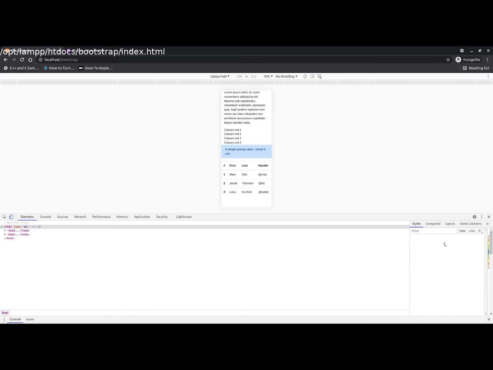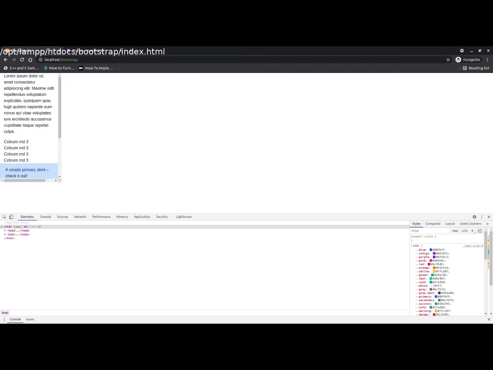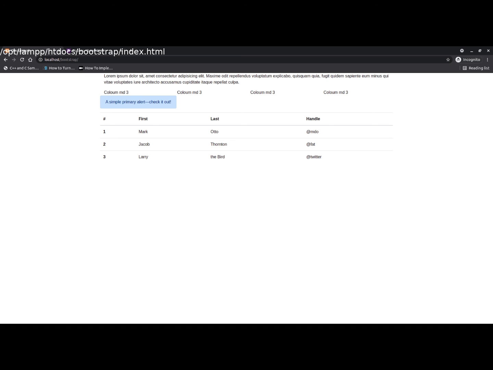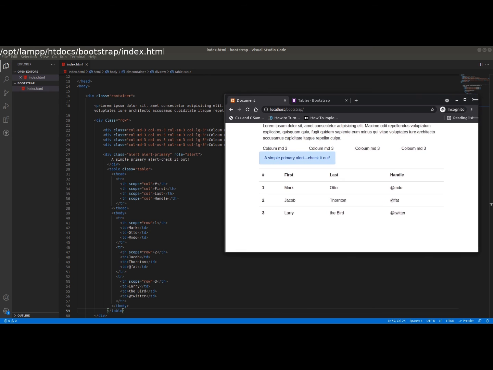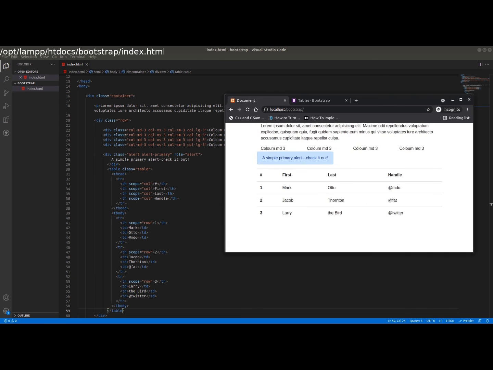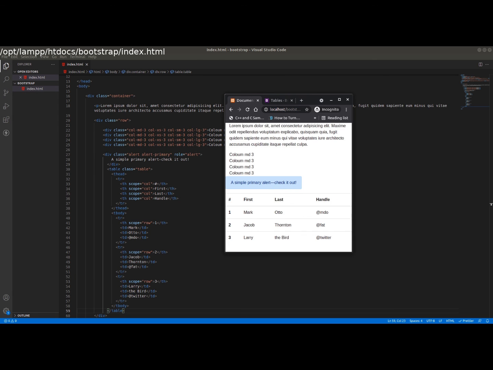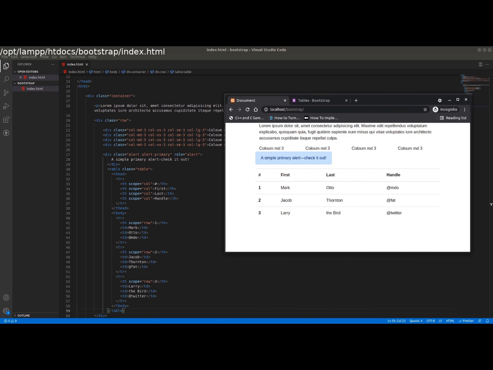Chrome has tools like this, and you can check the responsiveness also here, or some people also use this kind of tool. For the large screen, for the small screen, and this is a very small screen, below 576. So this will be showing here, that will not be the size of that. So this is about Bootstrap and responsive size.